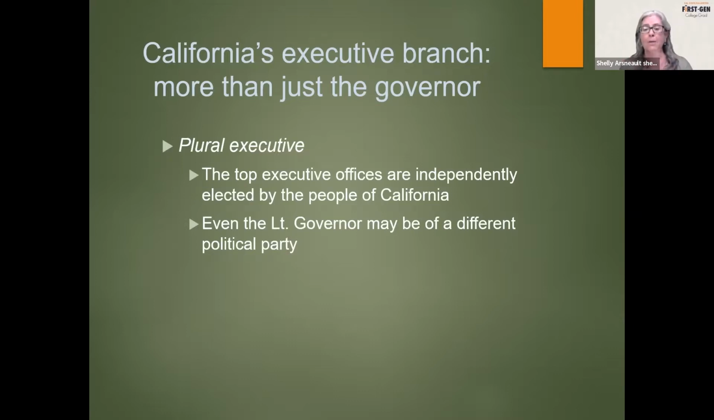It hasn't happened much recently, but it has happened in the past. I'm from Michigan, and any other state I've lived in doesn't do it that way. In most other states, the governor and lieutenant governor run as a team. There are good reasons for that, including the fact that, as we'll talk about, when the governor goes away, or